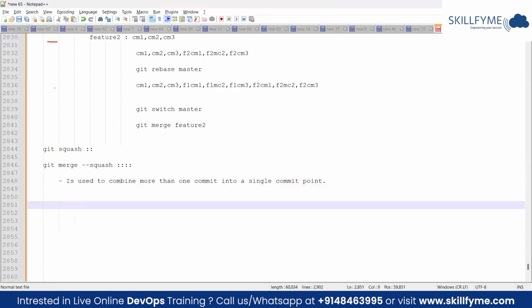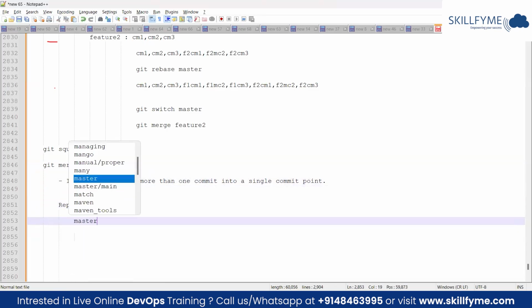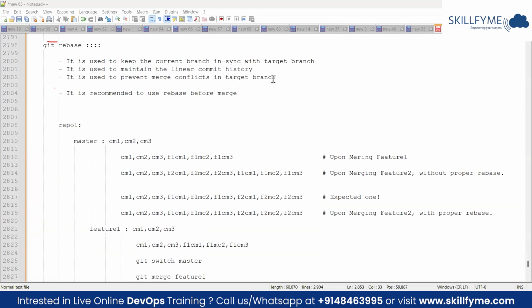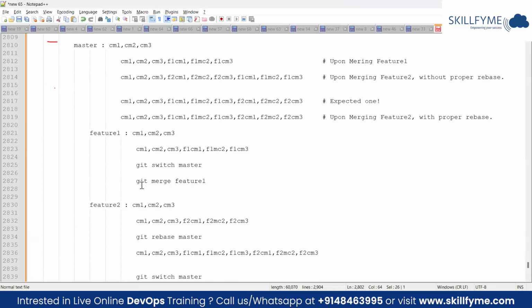Say for an example, consider I have a repository with a master branch and a few commits. Okay, we have these 3 commits here. Yes, conflict will occur. That is not an issue. But using rebase, we can prevent it in the target branch. That is the point. While rebasing, the conflict will occur in the target branch, into which branch you are merging,